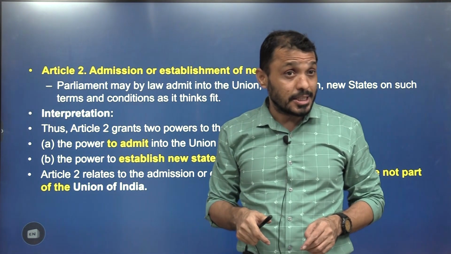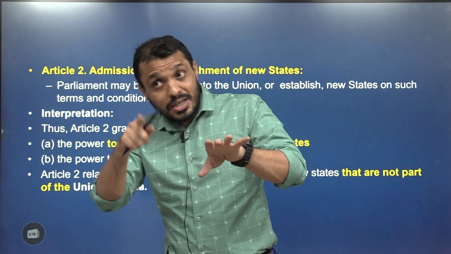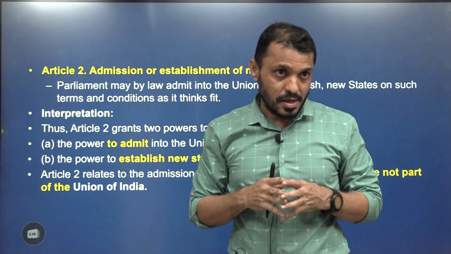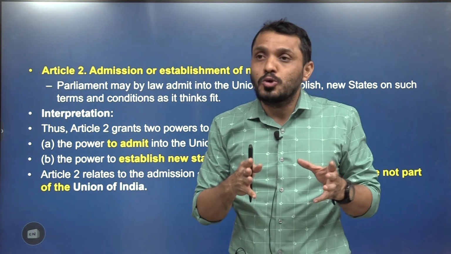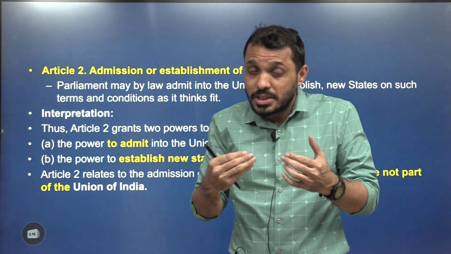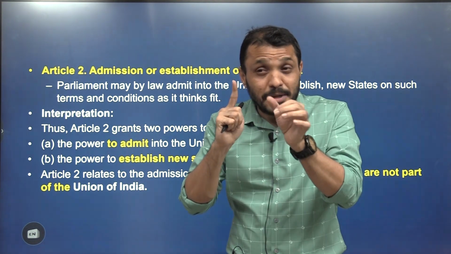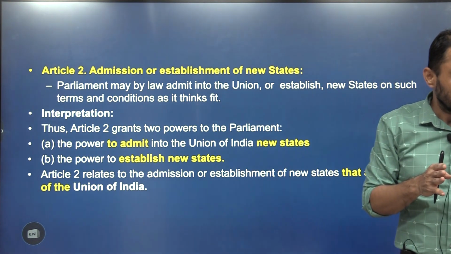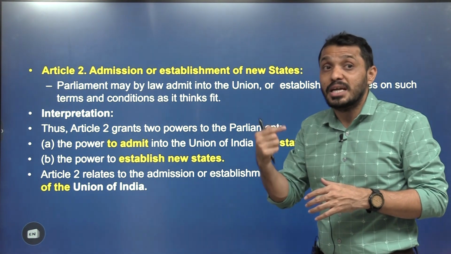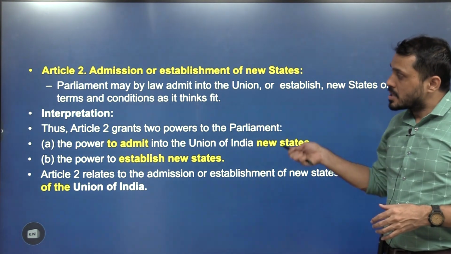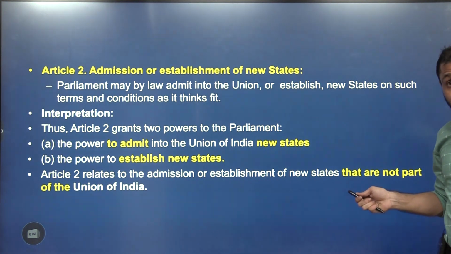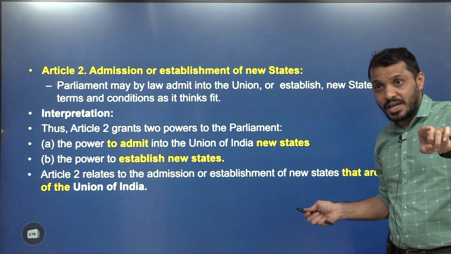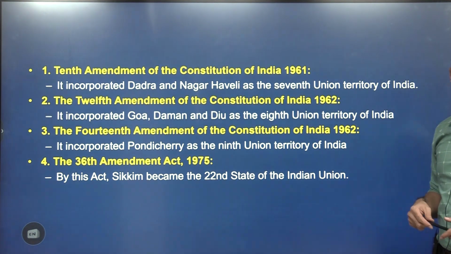But in the second judges case, 1993, it is not like that. Concurrence will prevail over the consultation. That means CJI plus 2 senior most judges, they have to accept. That is related to collegium. So here, who interprets the same constitution? Constitution is same, but the interpretations are very different. So always remember, constitution itself doesn't command any value. It's all about who is interpreting the constitution, that matters a lot. So Supreme Court interpreted Article 4 in such a manner that Constitution amendment is not required for Article 2. But Supreme Court interpreted in another way, saying that no, it is not like that, Constitution amendment is required.